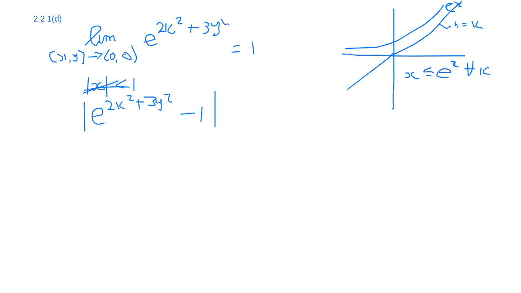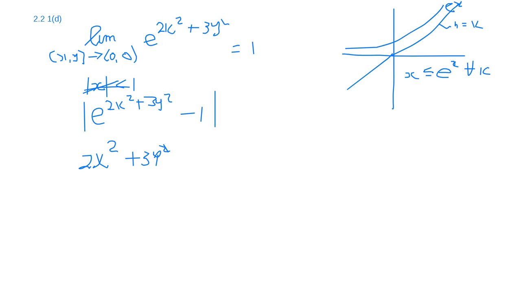Okay, so I'm saying to prove that this limit is equal to 1, you have to work with this expression, the absolute value of the difference between e to the 2x squared plus 3y squared, minus 1. It's difficult to use that expression directly as it is. But if you look at the normal exponential function, you can see that x is always less than e to the x. So in this instance, you can write